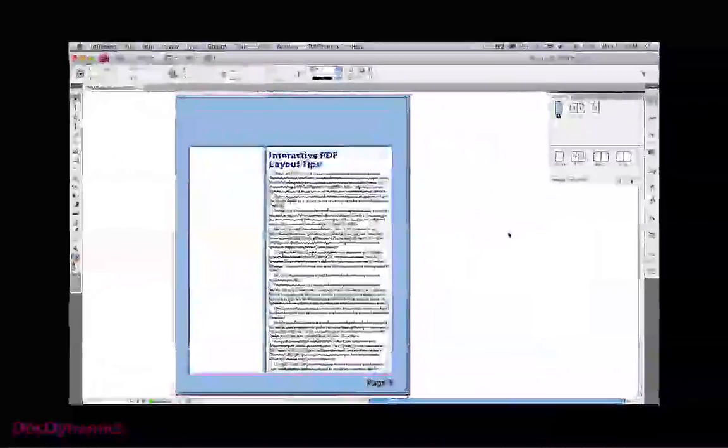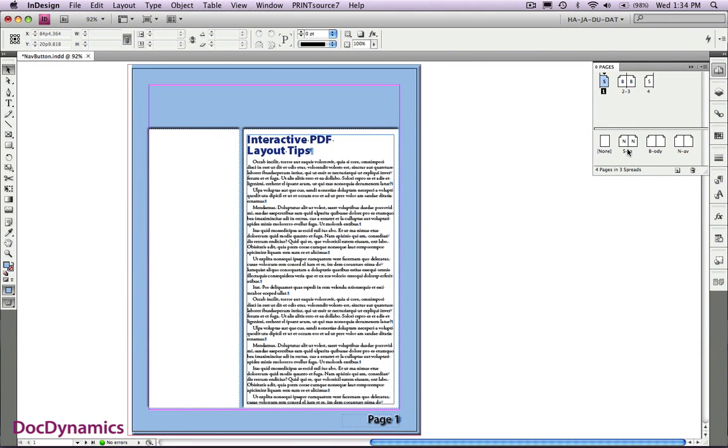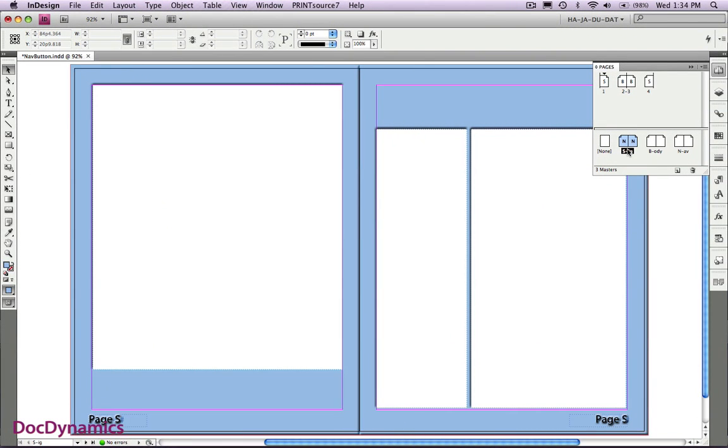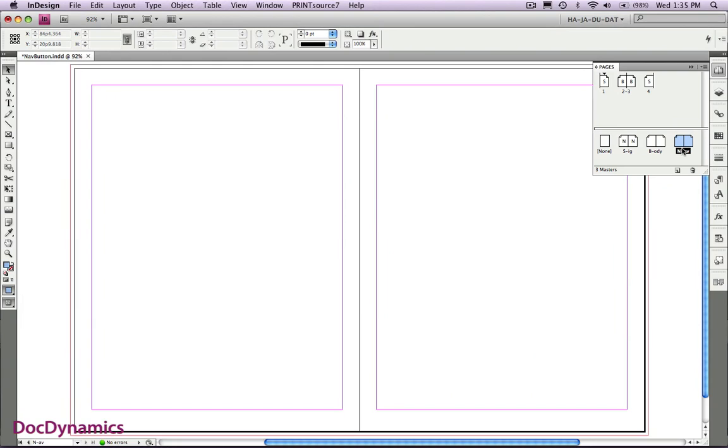Here's our InDesign document. We've already created some master pages. The first spread is called Signature. That displays our first and last page. The second spread we've named Body. We've also created a third master spread, which we're going to call Navigation, and that's where we're going to put